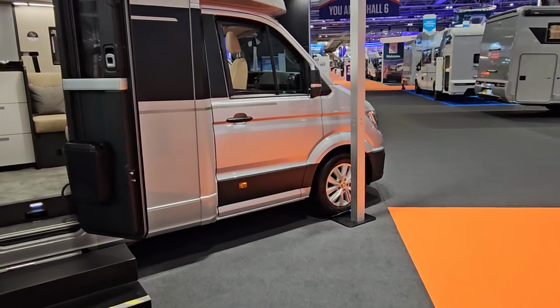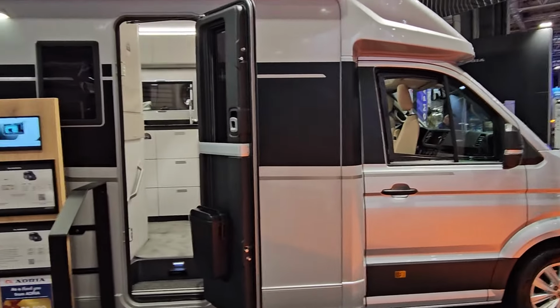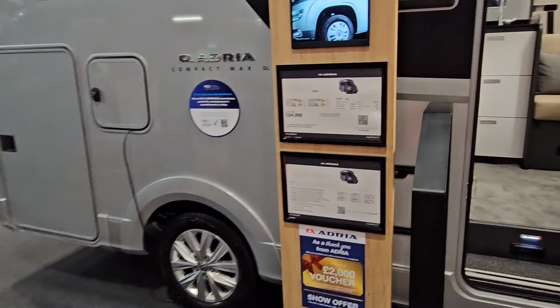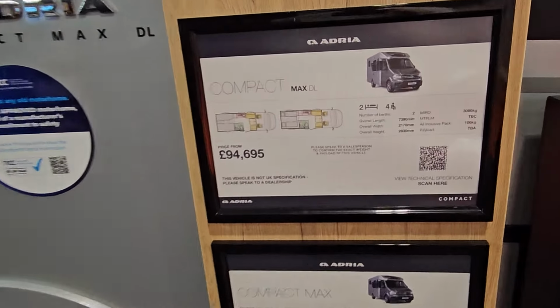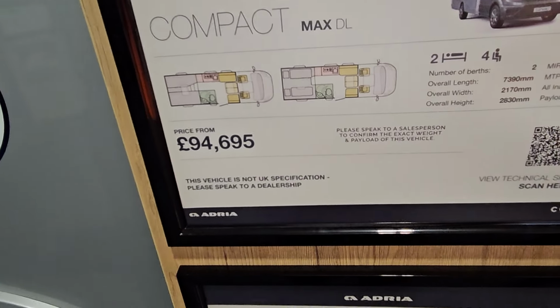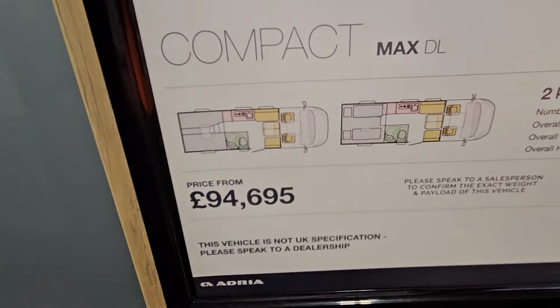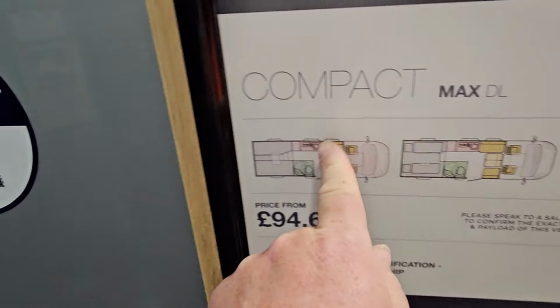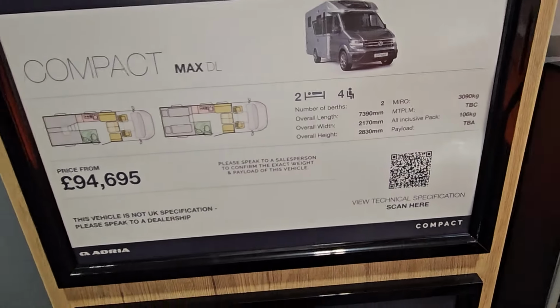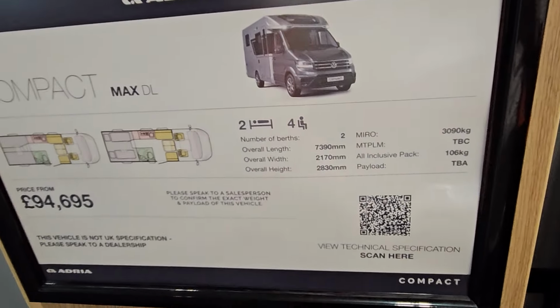We've got a brief snippet of this at Dusseldorf. And this is the all new Volkswagen Crafter based Adria Compact Max DL. So it takes the layout of the best selling Adria Compact Supreme DL on the Fiat, parallel sofa front lounge, twin single beds, makes a big double over the garage, but puts it on a Volkswagen Crafter. So it goes a little bit bigger, 2.4 long,